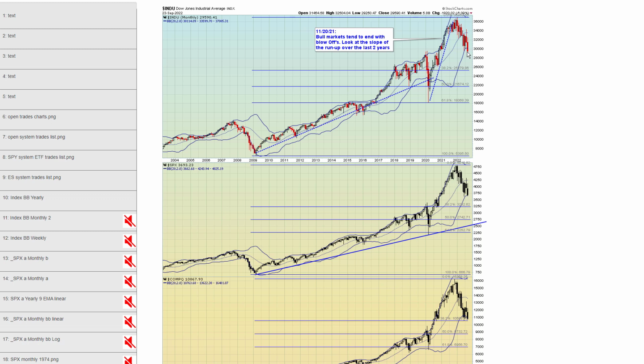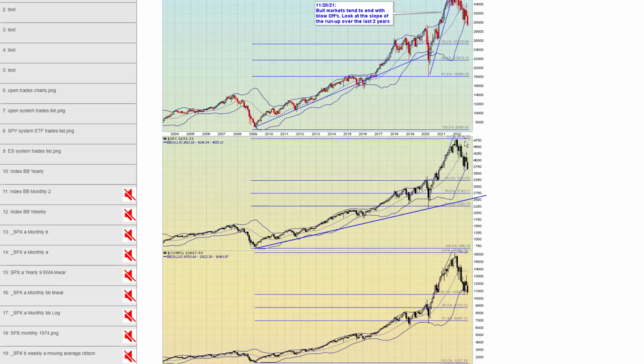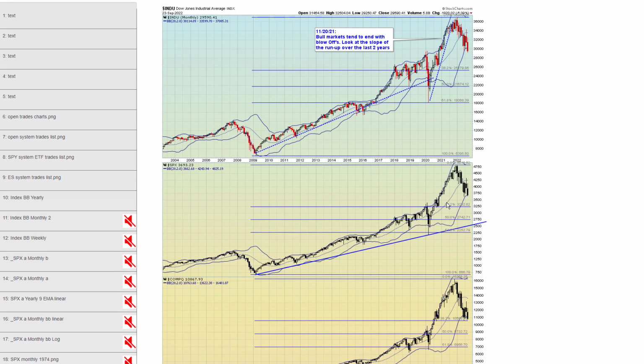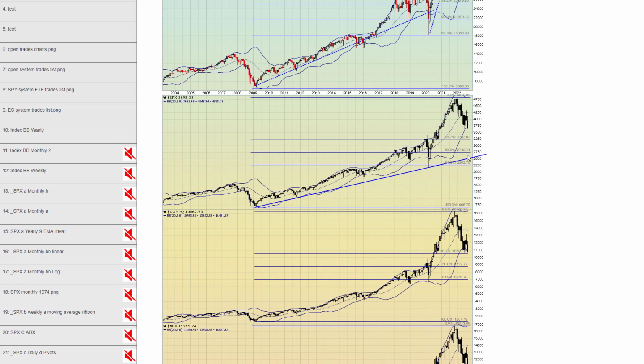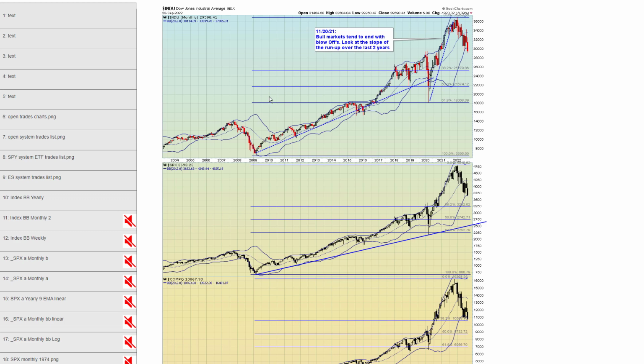You can see the Dow's below its lower monthly Bollinger Bands. The S&P is tagging the lower monthly Bollinger Bands. By the way, a 38% retracement from the previous bull market low. Is it 3,230? By the way, bear markets typically retrace at least 38% of a previous bull market, or 50%. So that could be some long-term targets on the S&P. The NASDAQ is down around its 38% fib now.